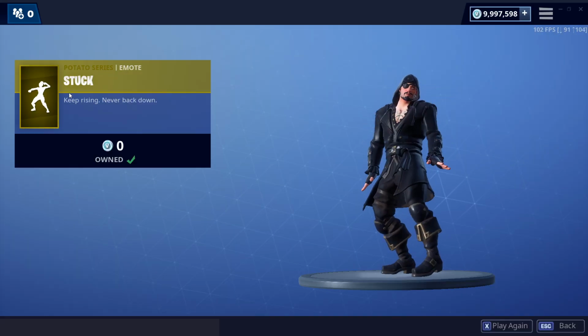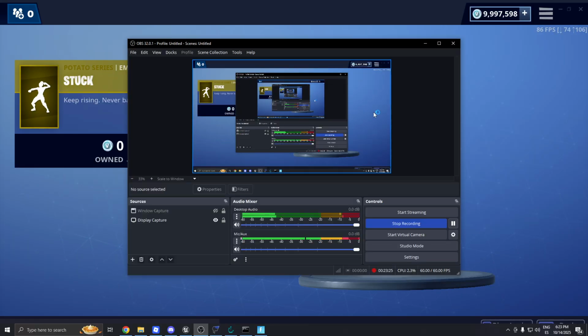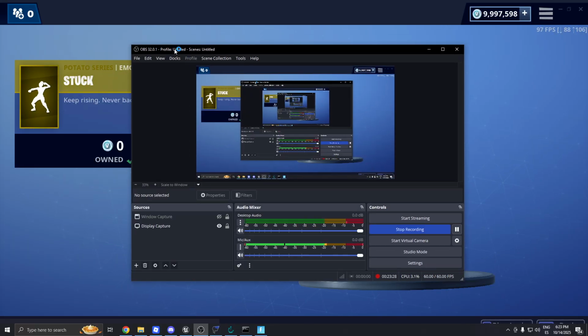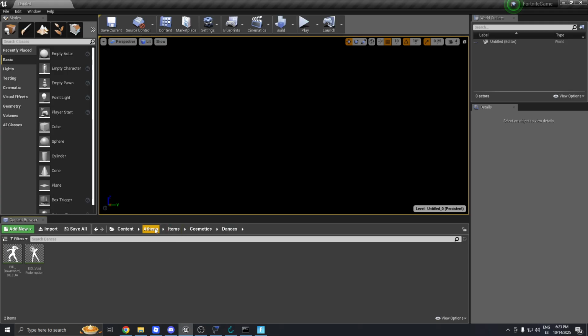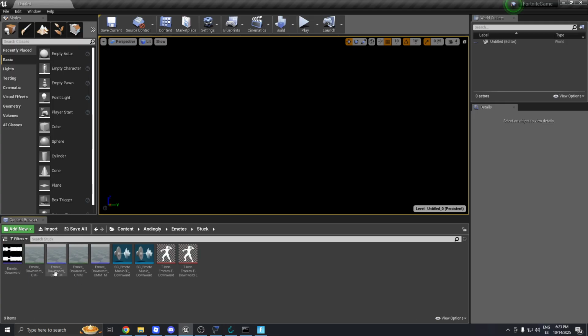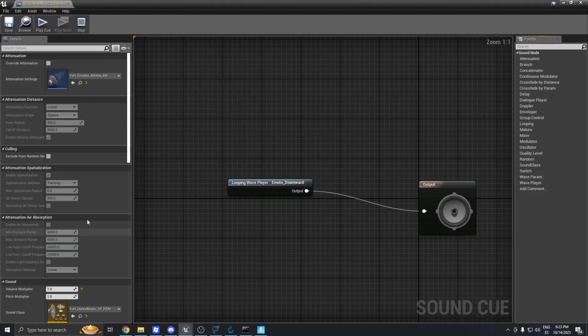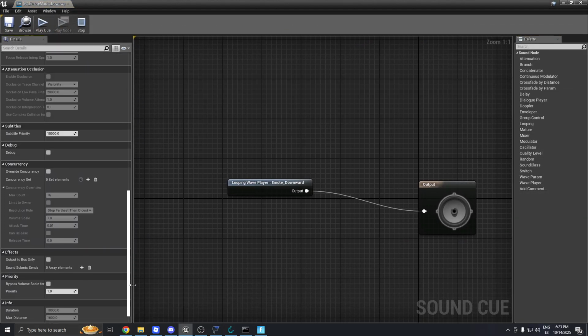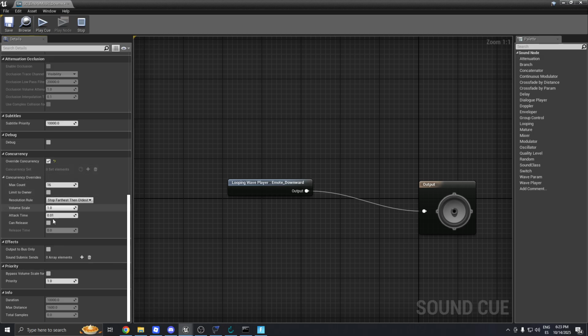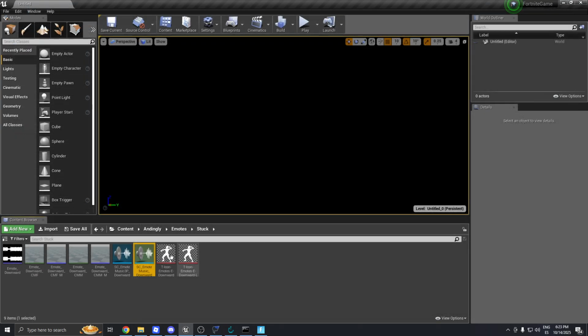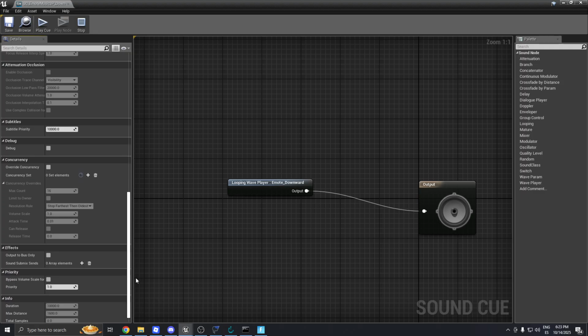So now I'm gonna show you something real quick you can do to fix some stuff with the emote. The first thing is go into the sound, like this one, then the 3P. But first this one. Scroll down to the bottom, enable this, put this to stop all, and just save it. Now for the 3P, scroll down,